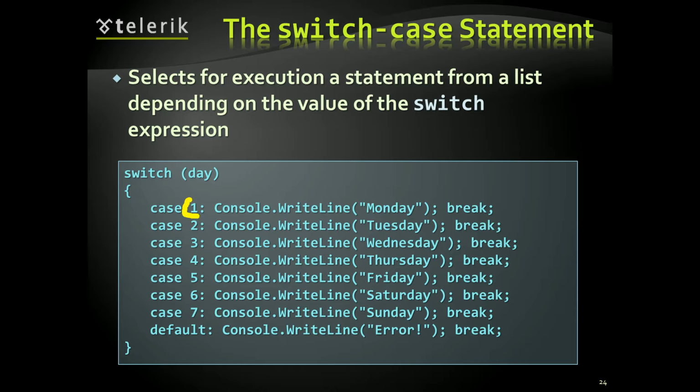So, positions 1 through 7, all of these over here, and each of the positions has some behavior connected to it. For example, if we switch the day, if the day is exactly equal to 1, then we print out Monday. If it is exactly equal to 2, we print out Tuesday, and so on. If the day which we input is not a number from 1 to 7, then we fall into this